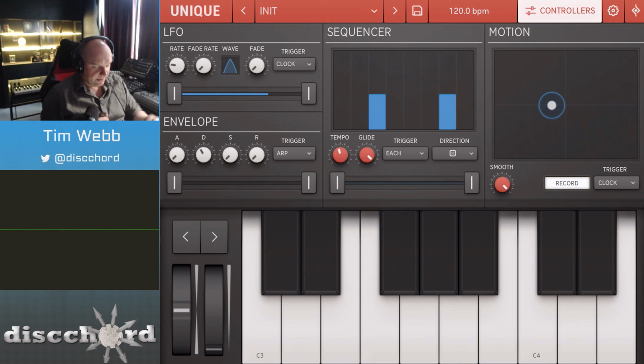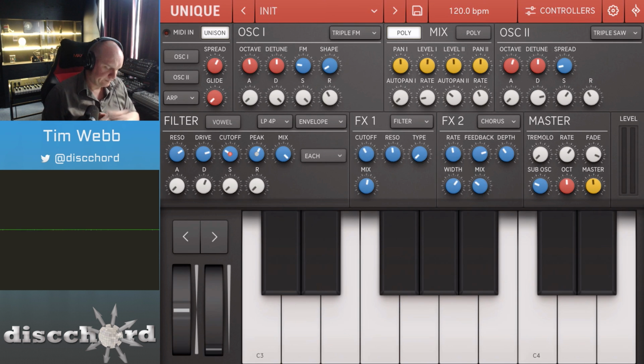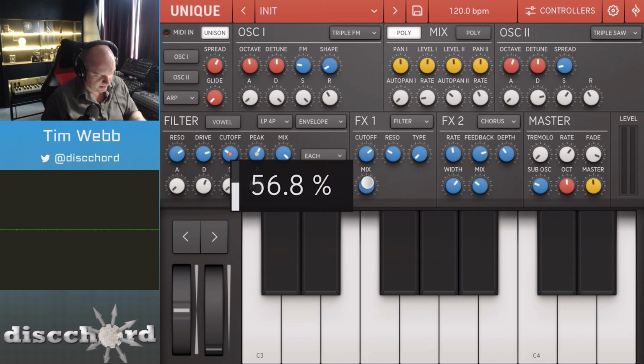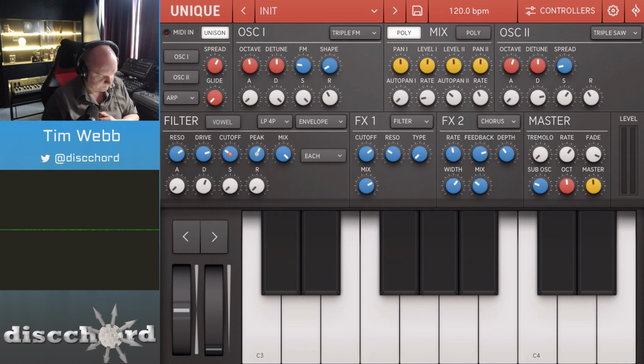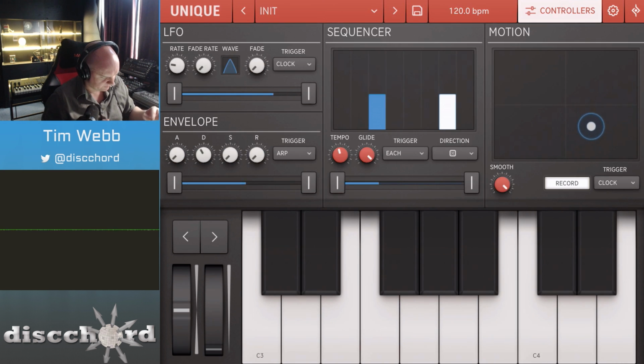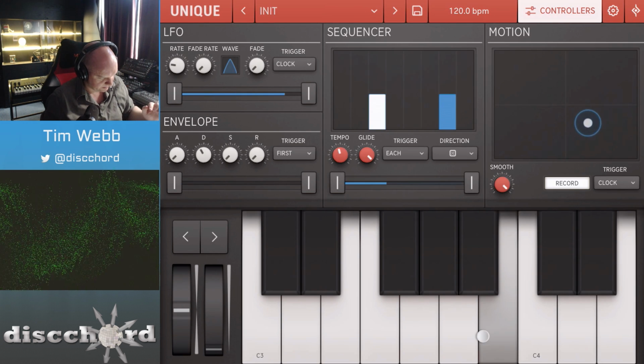We've also got an LFO and envelope that we can do some interesting stuff with. So I've kind of tweaked this so that this filter is not screwing too much with the other filter that we spent so much time on. So now if I assign the envelope to this and change the envelope from triggering from the ARP to my first note,